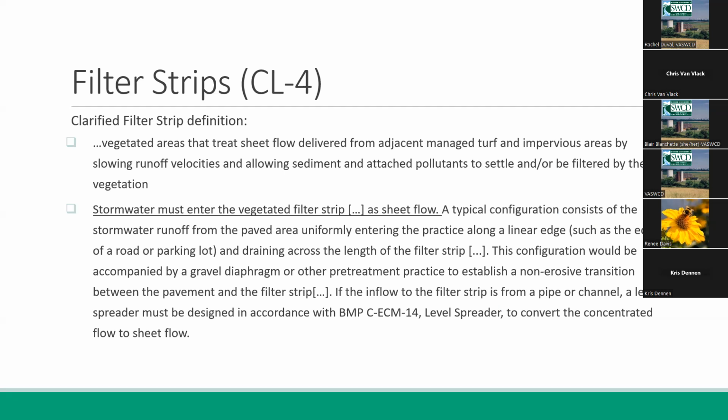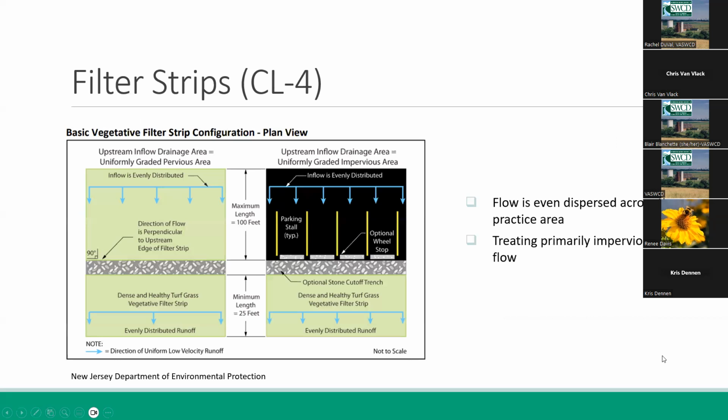What I want you to take away is just because a planted practice is receiving impervious flow doesn't make it a filter strip automatically. We need to work out how the water enters that practice. And this might help. This is actually from the New Jersey Department of Environmental Protection. I think it was really useful in conveying this information. Water is moving across this parking lot and enters this stone trench. For our purposes, maybe that would be a level spreader. You don't necessarily need it here, depending on the slope, and the runoff is evenly distributed across the practice.